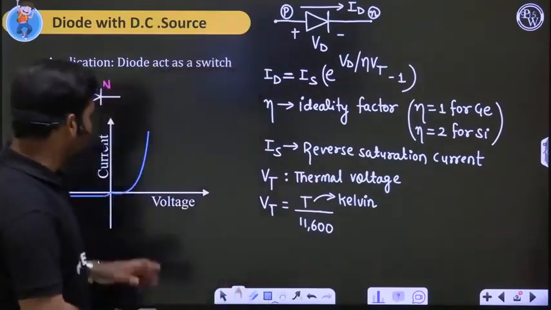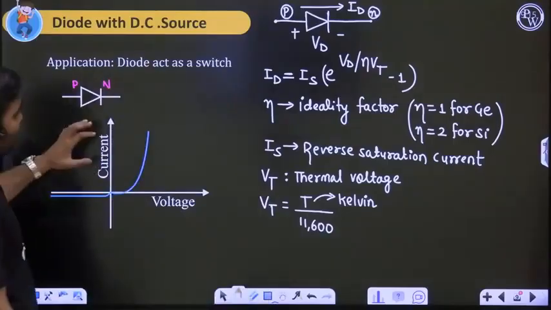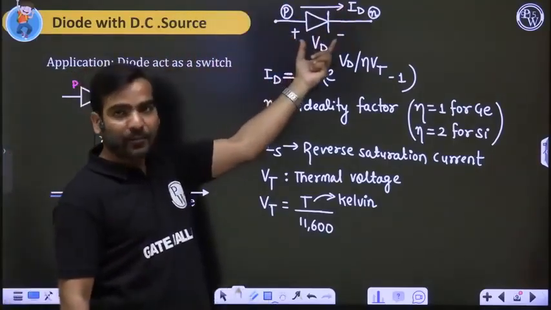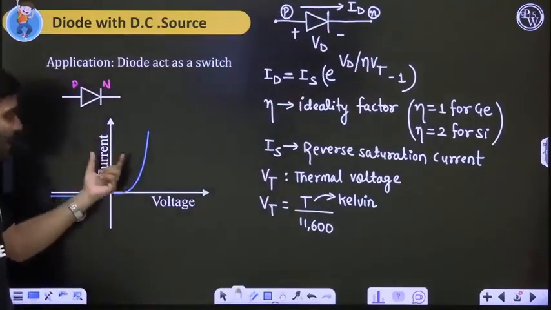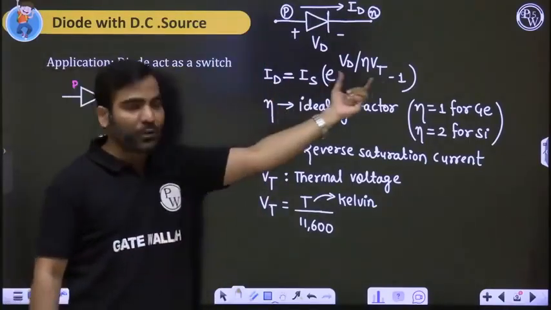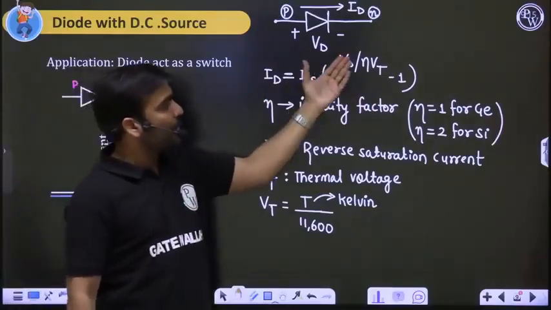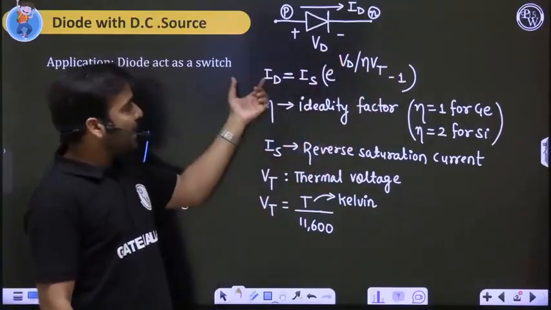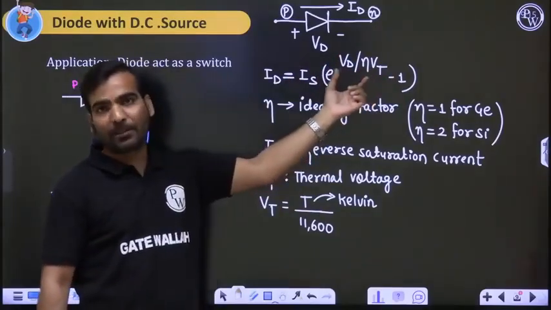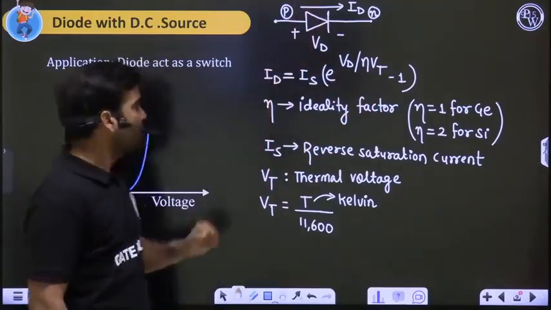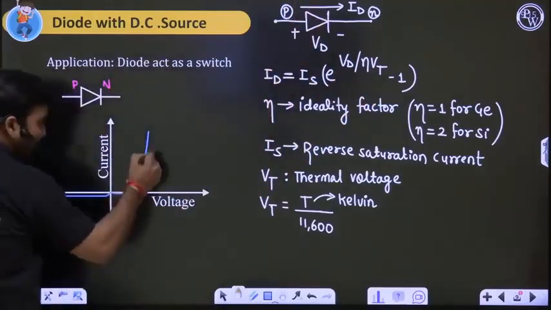Okay, so now this is the characteristic of the diode. Whenever some current is flowing in the diode and there is a voltage Vd, we observe this characteristic of a diode because this is the exponential relation. If we plot it, id equal to is e to the power of Vd upon eta Vt minus 1, id is depending exponentially on the Vd. So id will vary exponentially with the Vd. So id will be increasing exponentially with the Vd.